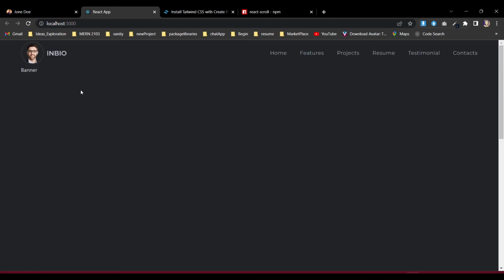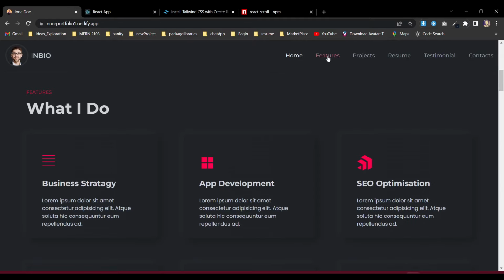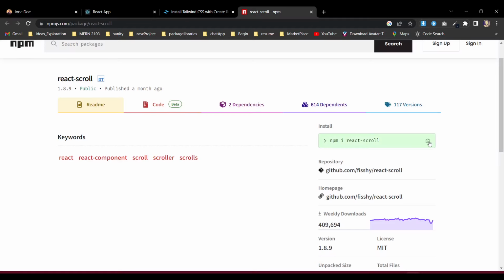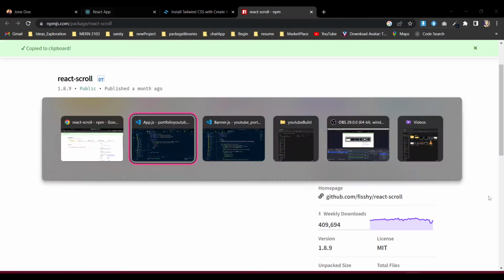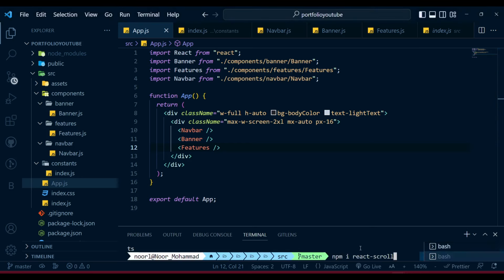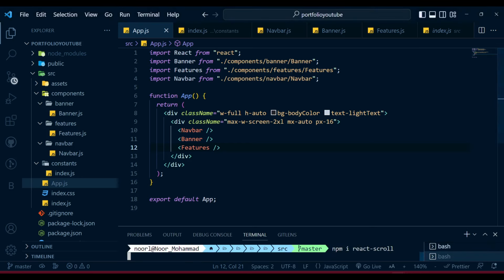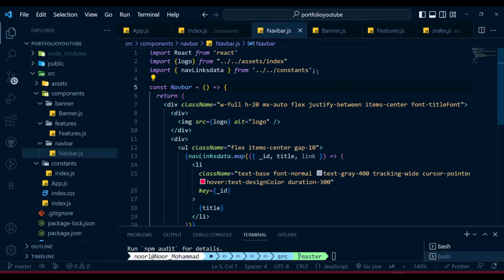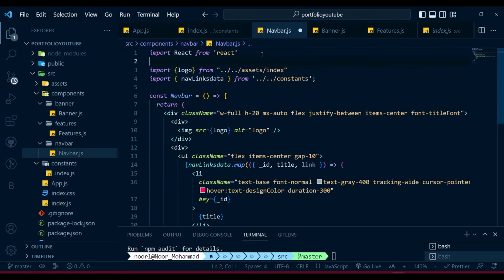Then we're going to create all of the items. First we will create that clicking functionality. To create that, we need to install React Scroll in our application. Just install that one. And after installing, let's go to the navbar. We need to import that Link from the React Scroll,